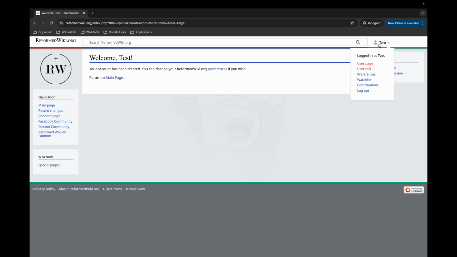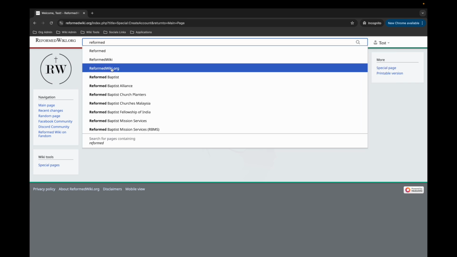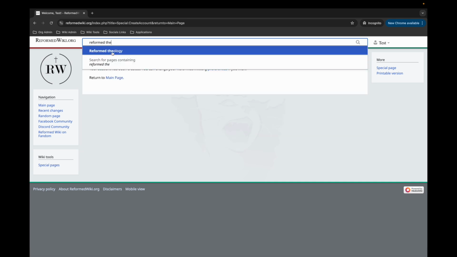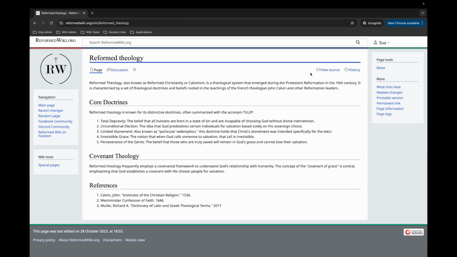So without having your email verified, you won't be able to do edits on the wiki. So if we went to Reformed Theology and tried to edit, we would see here that there is no edit option. There usually would be. Right now you can only view. And in order to edit, you have to confirm your email